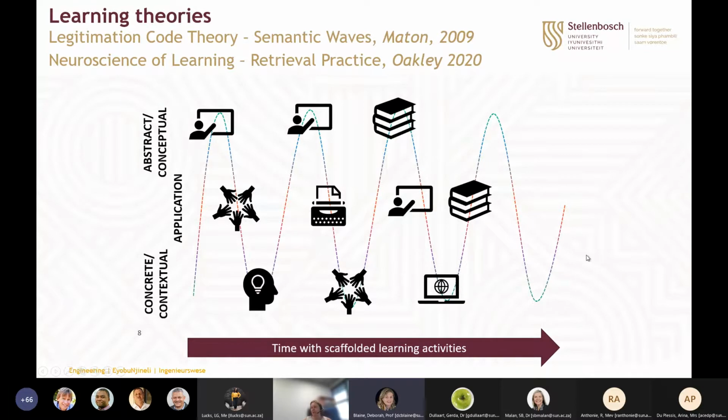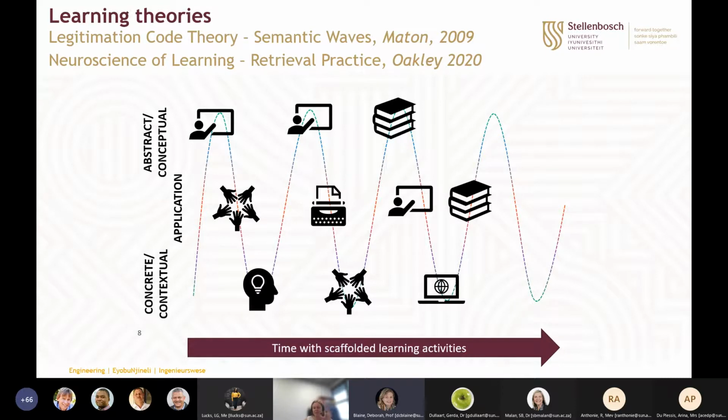You move up and down this wave. Another critical aspect of this model is that this is not all happening at the same time. This axis at the bottom is time. So the important part here is coming to the next theory that I look at, which is the neuroscience of